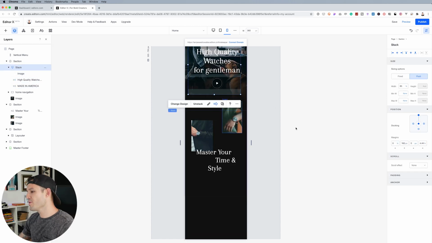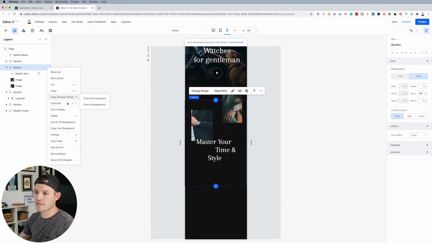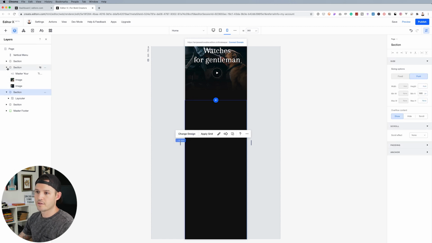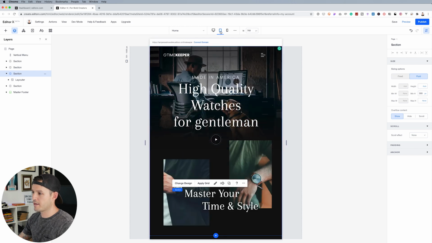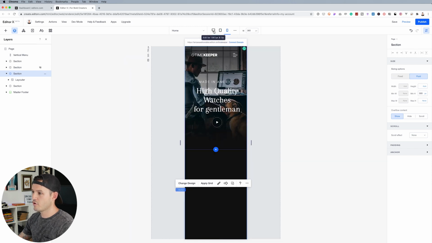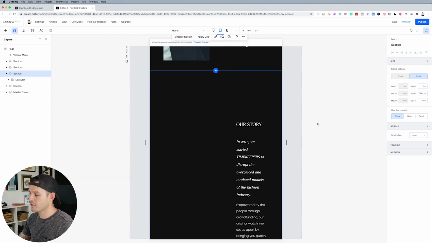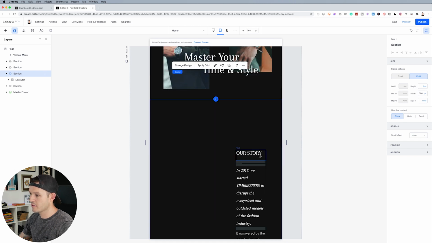But at this point, do we really need this master your time section? I'm thinking maybe not. So why don't we take that whole section and just not display it on the mobile, okay? Pretty good. So back up to tablet, down to mobile, back up to desktop. Let's go back to our tablet and let's come down a little bit here and take a look at our